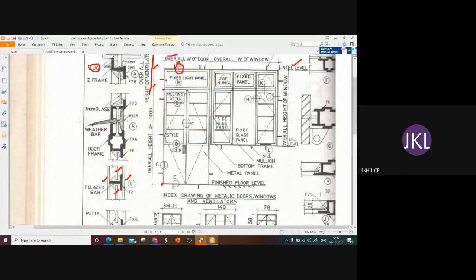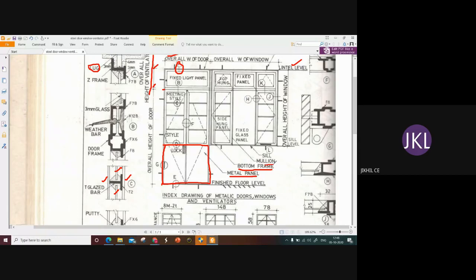When you see the main figure, there is a finished floor level on which the door is placed, and we have, as I told, the metal panel. This bottommost is a metal panel, and then the bottom frame. We have the bottom frame in the case of the window, and mullion is the junction between two panels.